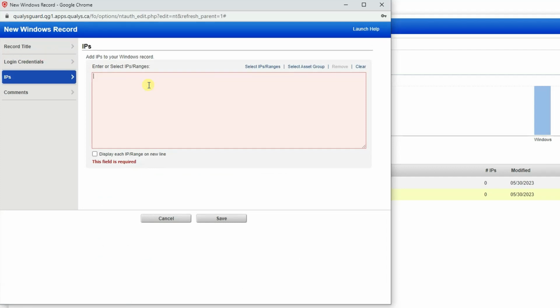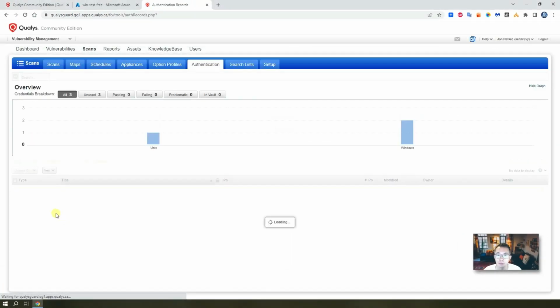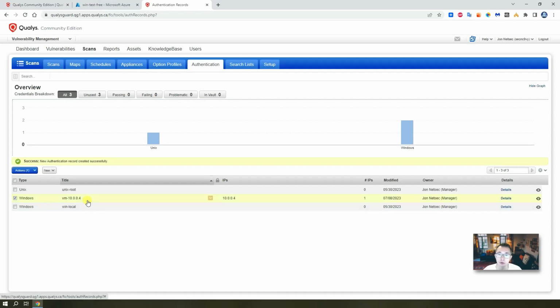It's just local. So you can put the username and password here, admin, and then type the password. Also, you want to tell which machine is going to use this credential. You can put in a whole network or multiple machines, but in this case, we just put in one here, then save. Now we have this username and password. So next time when you do scanning,